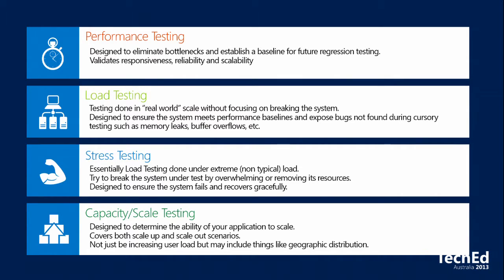And then finally, capacity and scale testing. We want to look at both scale up and scale out scenarios there, potentially also geographic distribution. So maybe we're a great little Aussie startup doing some really good work here and we're expecting growth, but not just growth from within Australia. We want growth across four geos that we're going to go into. So how does that look for the application? There are a few different scenarios there.